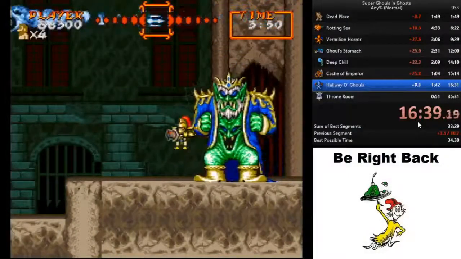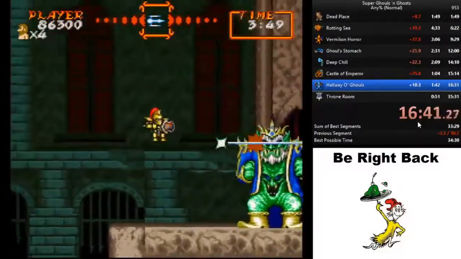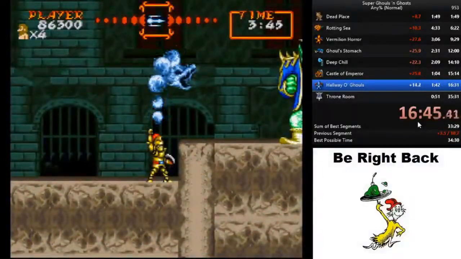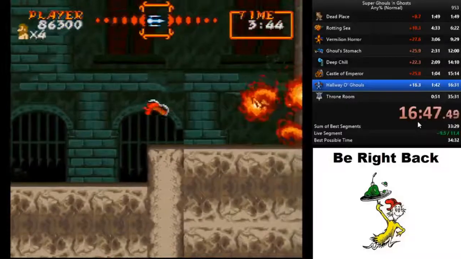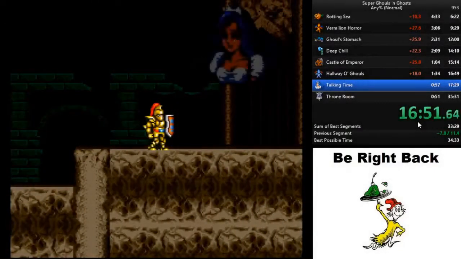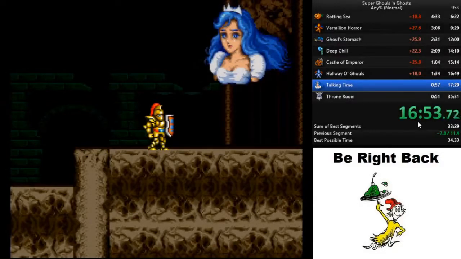And then there's Nebby here. You can get 3 volleys like this, and then 1 more magic should get him. And that's loop 1. So now what happens is that the princess tells you that